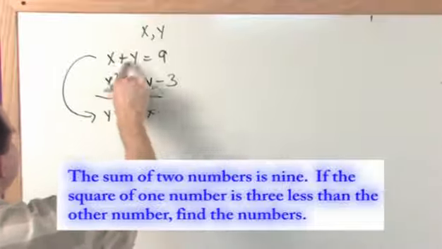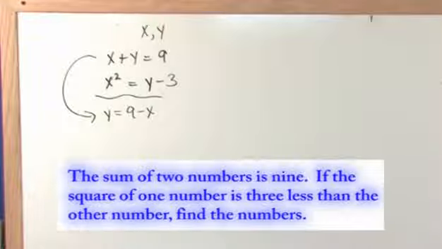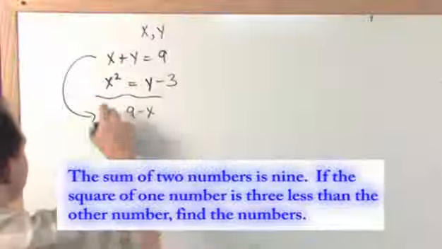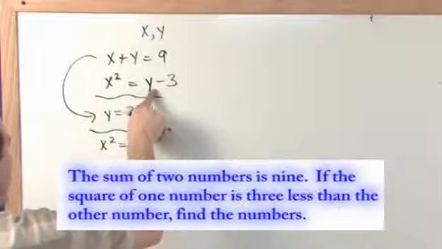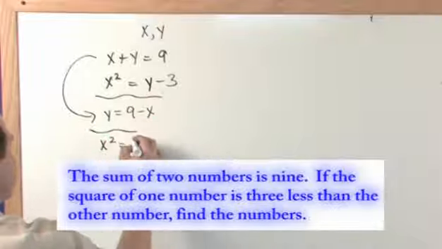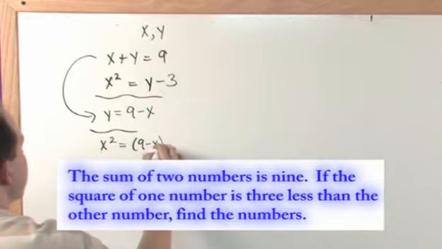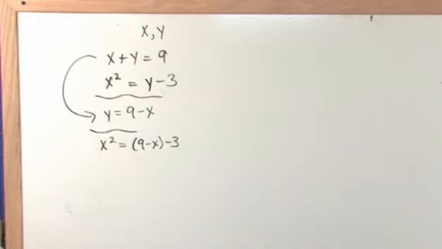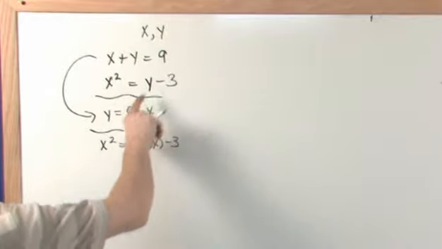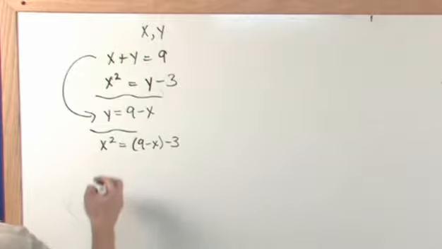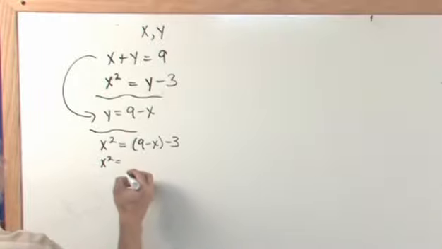Just subtract x from both sides. Okay? And then I'm going to take this and plug it into this equation. So x squared is equal to y minus 3, but y is given by 9 minus x, minus 3. Okay? All I did was I took this y that I found from the first equation and plug it into the second equation. Okay? So x squared is equal to